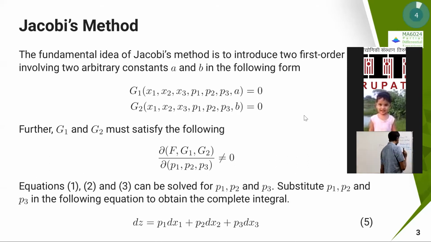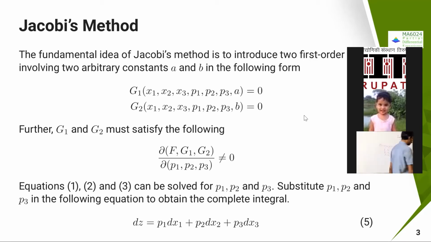Note that there is no u involved here. In the Charpit method, if you remember, for two variables I might have written f of x, y, z, p, q, where z is nothing but u, p is nothing but u_x, and q is nothing but u_y. But here there is no u involved. Only this kind of problem I'm going to solve, not the general thing. So first order nonlinear PDEs of x, y, z, or x1, x2, x3, p1, p2, p3. There is no u involved here.